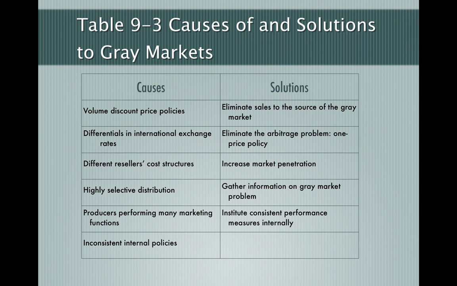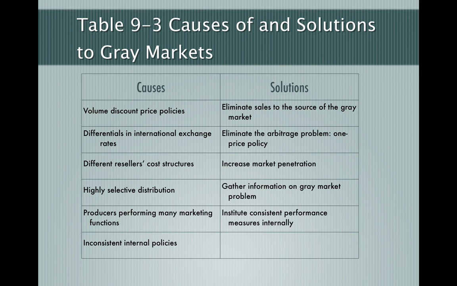So, here are some causes that give rise to the gray market. If a company sells product on the basis of volume discount, then some of the distributors who can buy more, they buy it at a cheaper price. And then if they have extra stock and cannot sell in their local market, even though they are authorized to sell, they might sell it at a discount in some secondary market to unauthorized resellers. So, basically it's the authorized resellers who may at some point be leaking the product to unauthorized sellers, and that